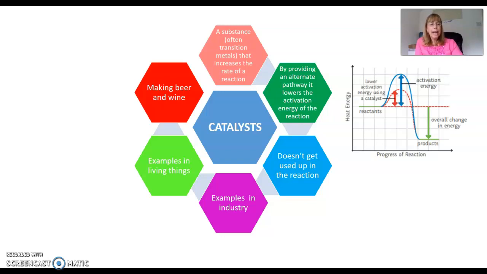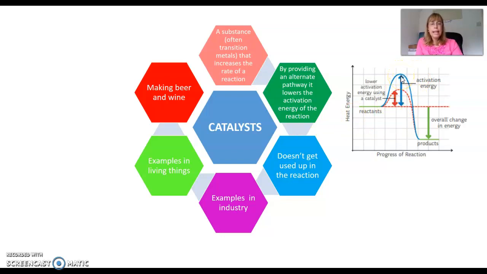This graph shows us what happens when we add a catalyst to a chemical reaction. The graph compares the energy of the reactants with the energy of the products. And in this reaction, the reactants have more energy than the products. But in order for the reaction to get going, the blue graph at the tip, that is the amount of energy needed before the reaction can get going. That is known as the activation energy, and it's measured from the height of the reactants to the top of